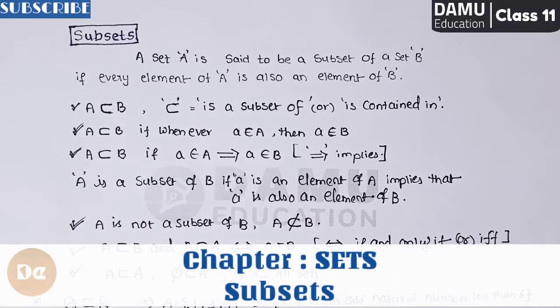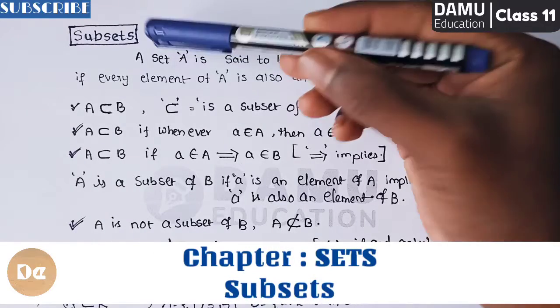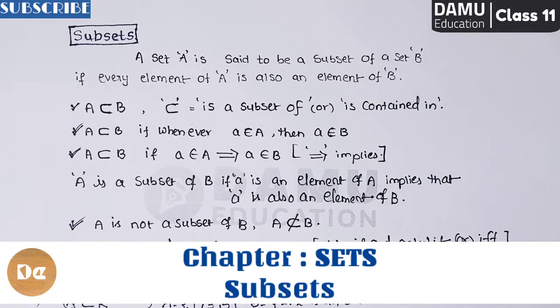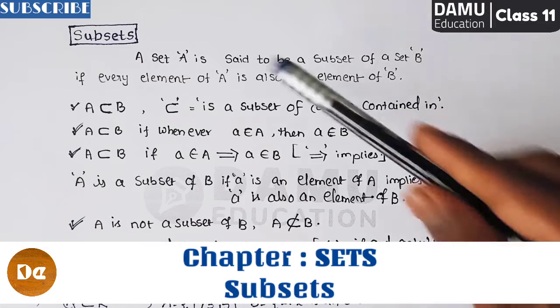So in this module, we are going to discuss what subsets are, what conditions we have to follow in subsets, and what implies and what if mean. Here we'll first see the definition. After that, we'll move on to some examples: what are subsets and how it will be a subset? I'm going to give some examples also. So here, a set, what is that?